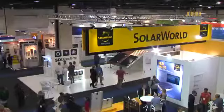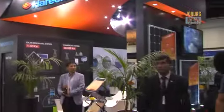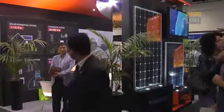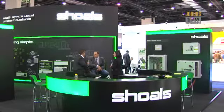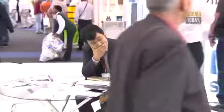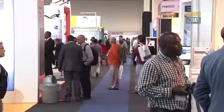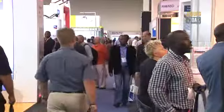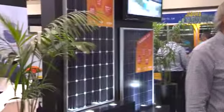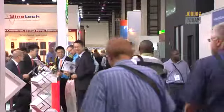For the solar show specifically, we spend a substantial amount of time targeting the key utilities across Africa, as well as the IPPs, so the independent power producers, but more importantly our larger energy users across South Africa and within the SADC region, so our closest neighbours, who would actually benefit from the show and sourcing alternative energy sources to in fact save on their energy bill, and again decrease the demand and the load that is sitting on our